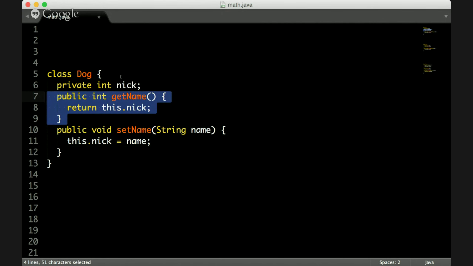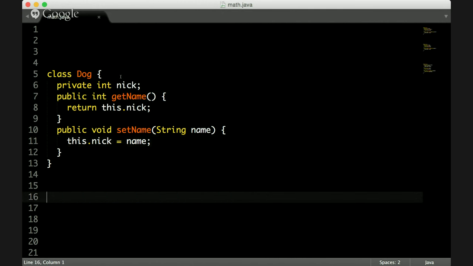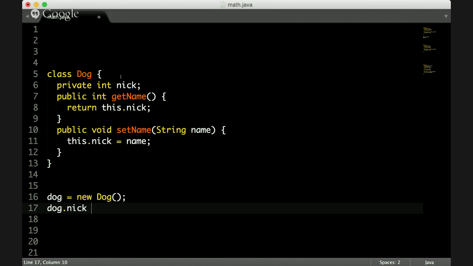The main reason this idea was introduced, as I've read on Wikipedia, is to make encapsulation better, so to encapsulate or hide the details of the object, to hide this private property, so that nobody can access it directly. So there is a private keyword here. From the outside of the class, if I do dog equals new Dog, then I can't just say dog.nick equals, I don't know, Jeff.